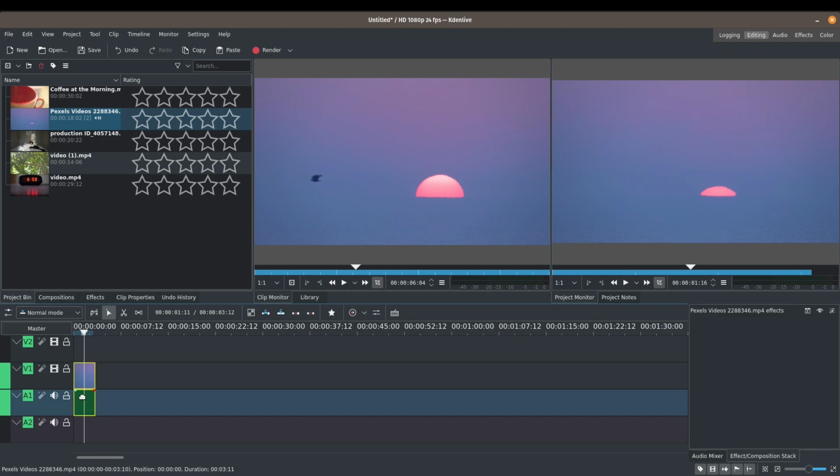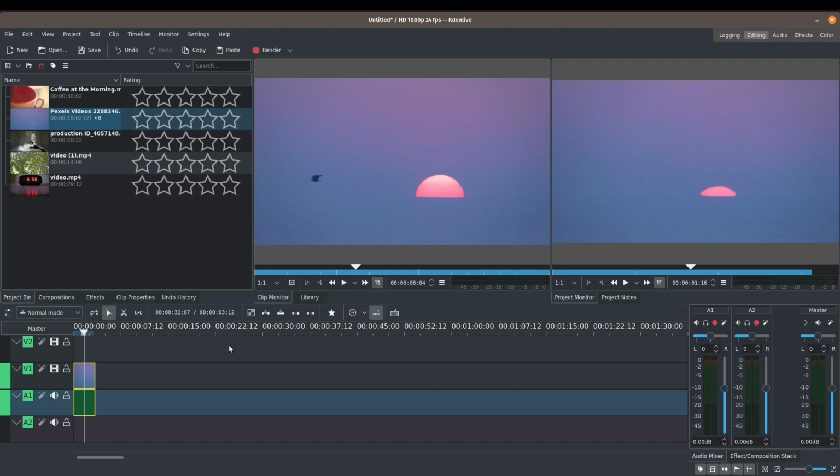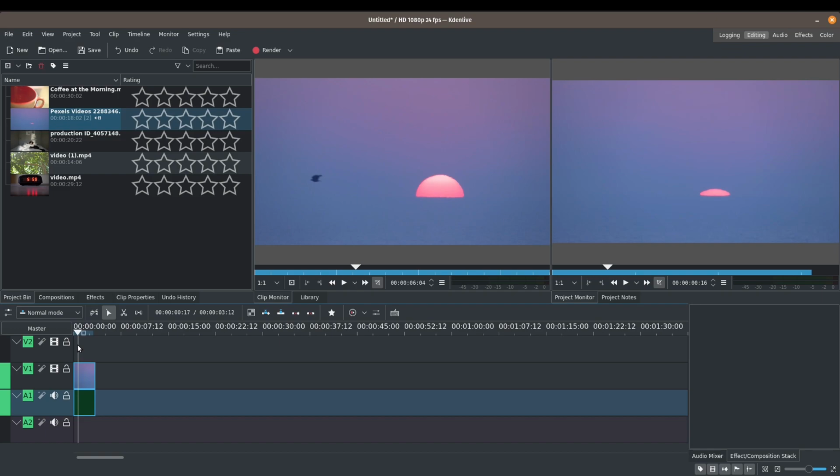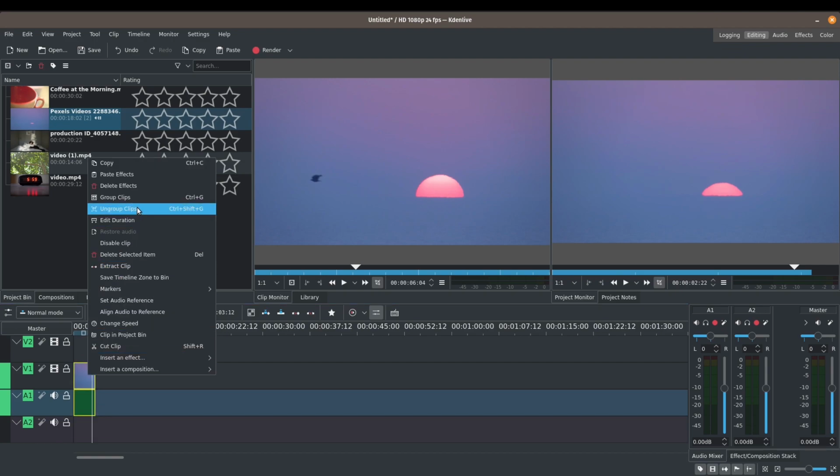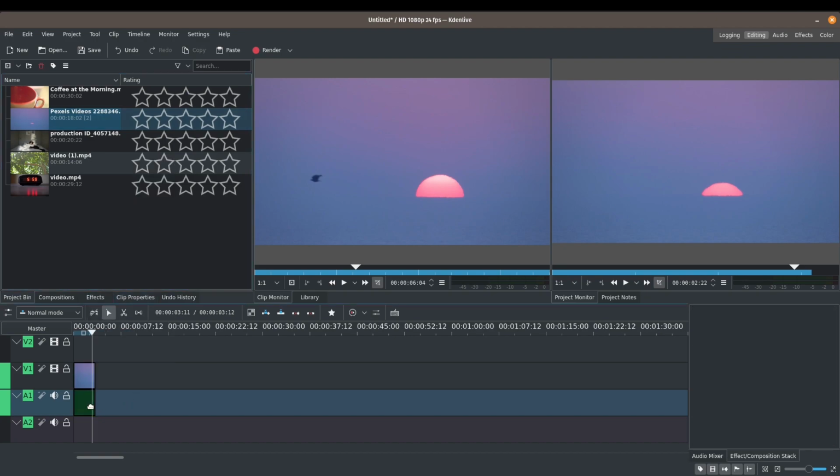Cool. And now our video doesn't have any audio. So you can see that there is an audio container here because Kdenlive automatically splits the audio and video, but there's no audio playing. And you can see in our mixer, there is no sound. So basically there's no activity going on. You just see the audio mixer. See, there's nothing. So if you find that this container is a bit annoying, you can right click, you can ungroup the clips, and then now you can select this and delete that empty container. And now we just have the video clip. So we've got our sun rising,